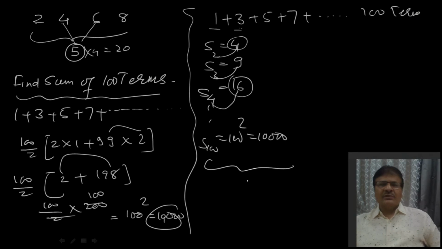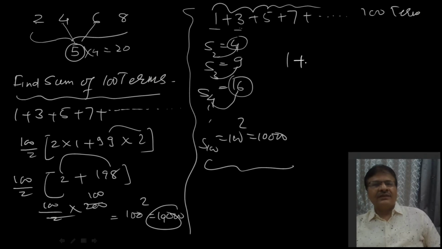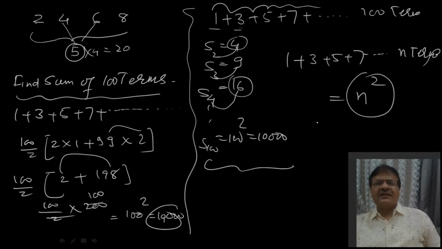So do remember guys, the sum of odd numbers of any series is equal to the number of terms in that series squared. Is that clear? So 1 plus 3 plus 5 plus 7, if the series is going up to n terms, then the answer is always n squared. If there are 100 terms, 100 squared. If there are 50 terms, then 50 squared. So is that clear? Now my next question is 100, 105, and so on, up to 300.